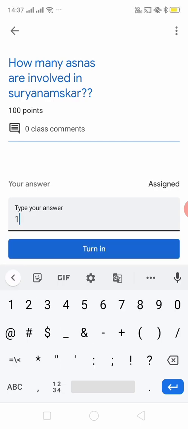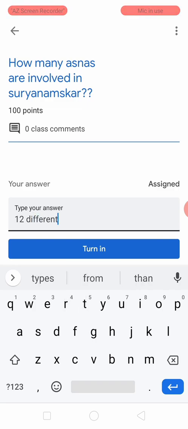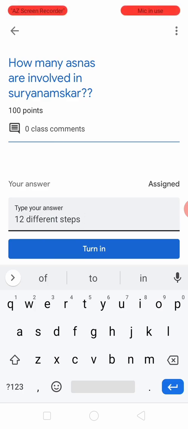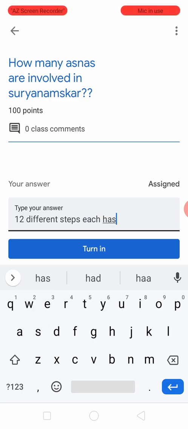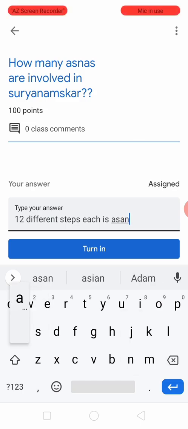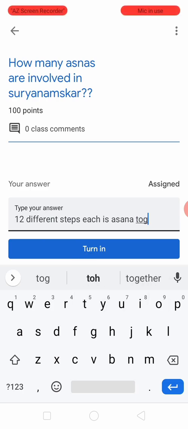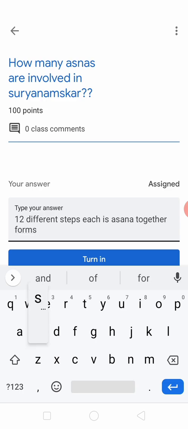So you will write over here: 12 different steps, each asana together forms Surya Namaskar.